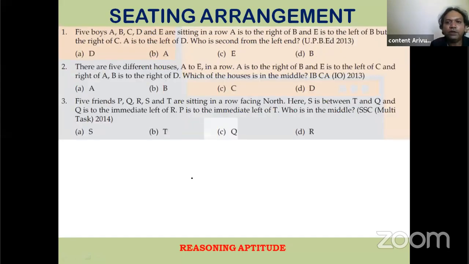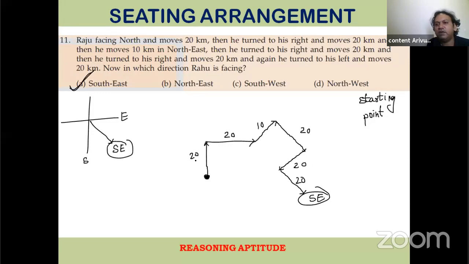Okay, now we are going to start with seating arrangement. So these are all the doubts that were there from the previous exercise questions. Direction sense, I have taken doubts today. Blood relations doubts I have taken. Syllogism, as well as one doubt from the number series chapter. So now we'll be starting with the seating arrangement topic.